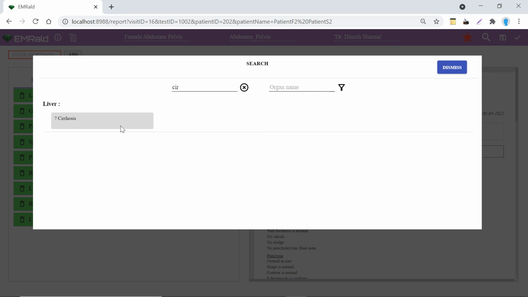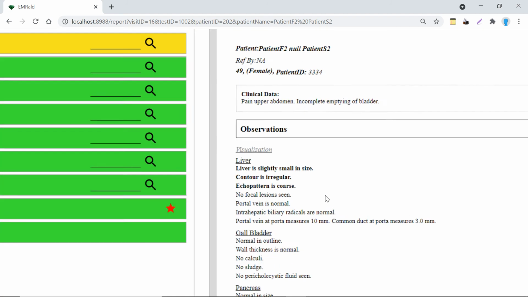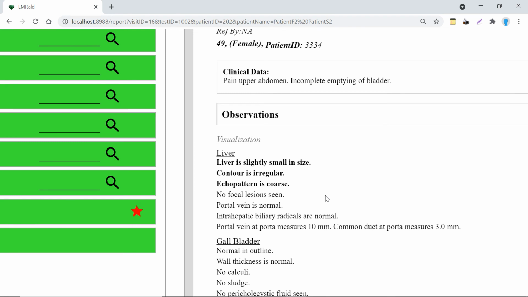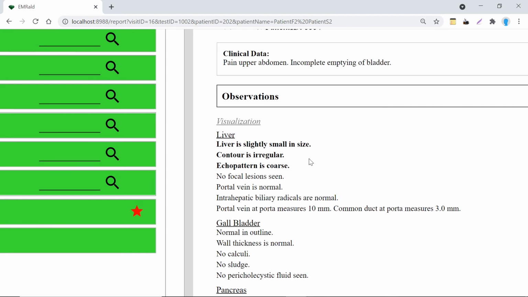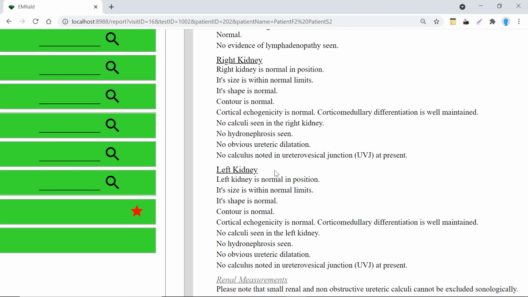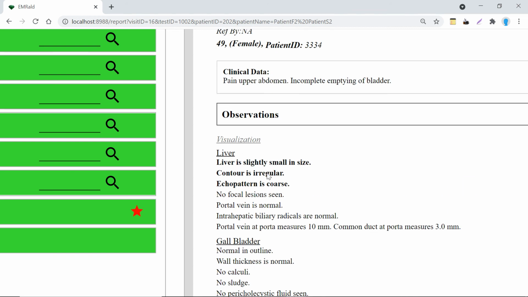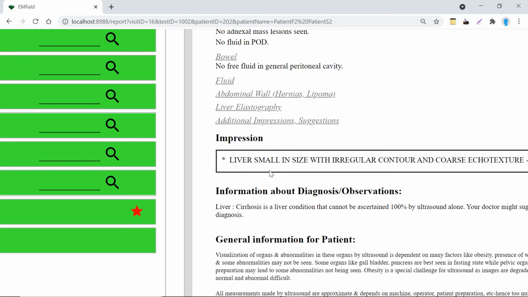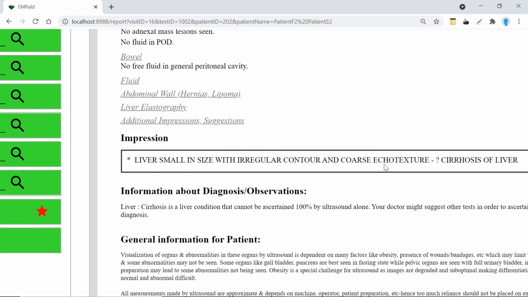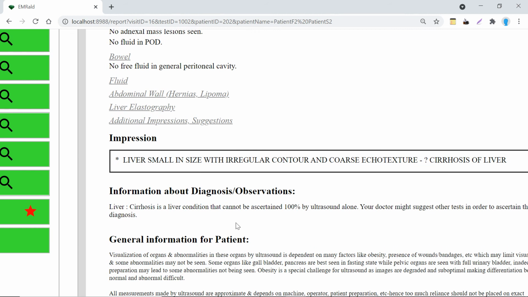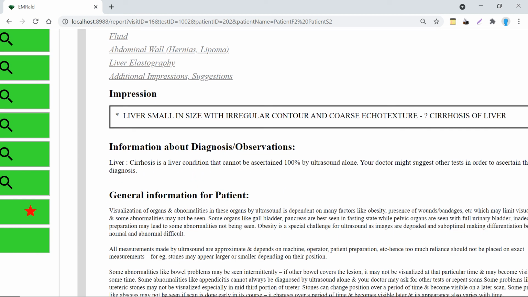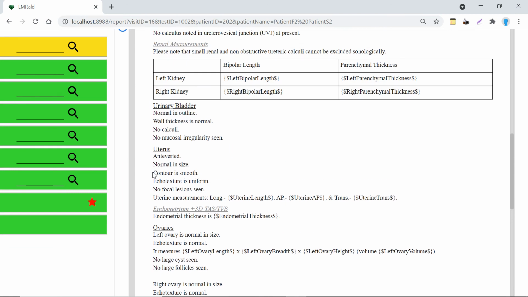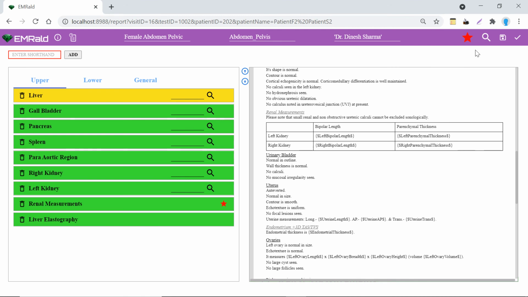You can select the diagnosis here itself, and when you do that, you see that the selection has been applied. The text in the report has been modified to indicate that cirrhosis has been selected. Not only is it updated in the observation section, but if you go down, you will see that it's also updated in the impressions. The impression now says, liver is small in size and has potentially, query, cirrhosis of liver. In addition to that, patient information and suggestions, if present, all get updated with just a simple search followed by a selection that you can achieve by using the Smart Search feature.